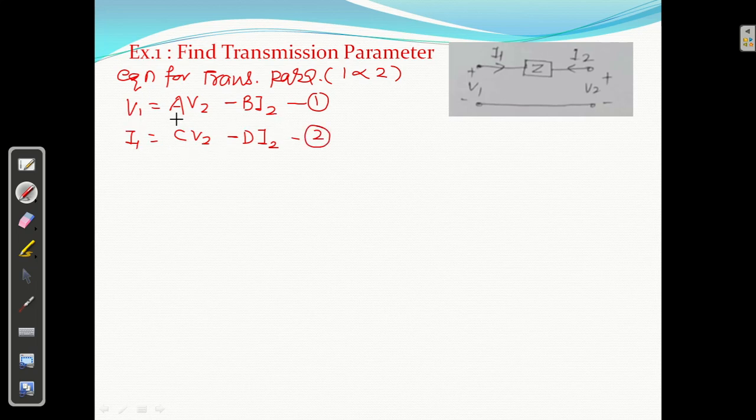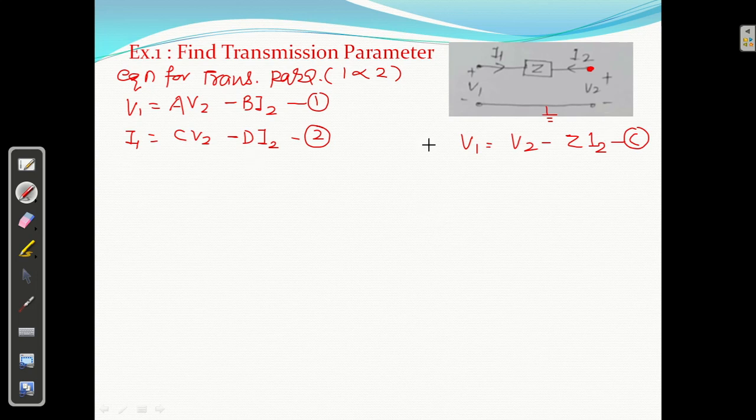Okay, so V1 equal to AV2 minus BI2. Now, if you see this diagram, this is the voltage V1, equal to this voltage V2 minus, what is the potential here? This is connected to ground, right? So this potential is V2. Current is going from here to here, so the drop is minus I2. So V1 equal to V2 minus ZI2. Okay, so we got this equation, right? Equation number C. Directly we are getting C.